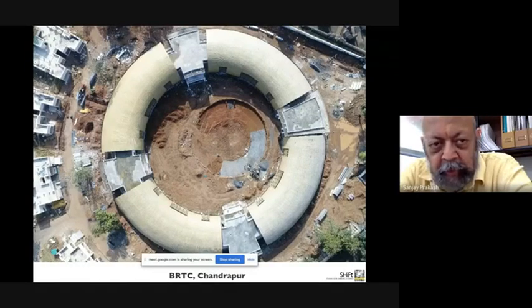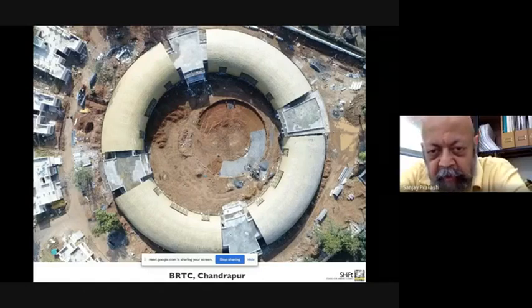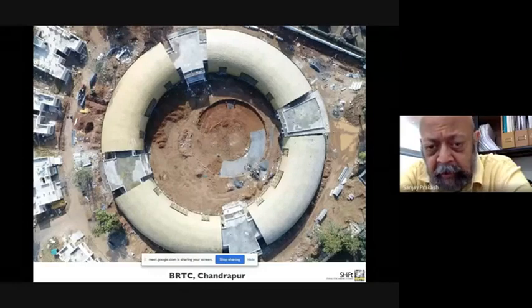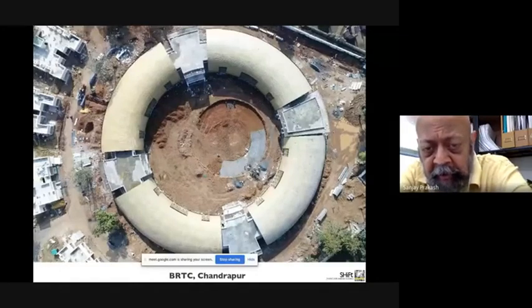Now, for those of you in India who understand how PWD operates, this itself was a huge task, but we were helped by the fact that India happens to have a good chapter in the Indian National Bamboo Code, where, well, bamboo is an allowed material, structurally speaking. Nobody's used it except that we used it in Shanghai for the first time, and we probably have used it in Chandrapur near Nagpur here for the second time.